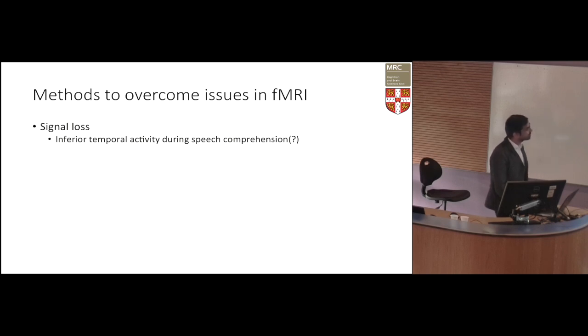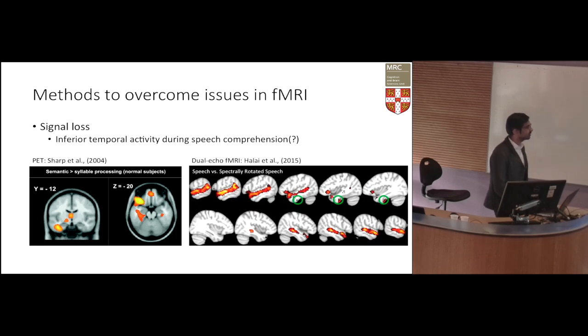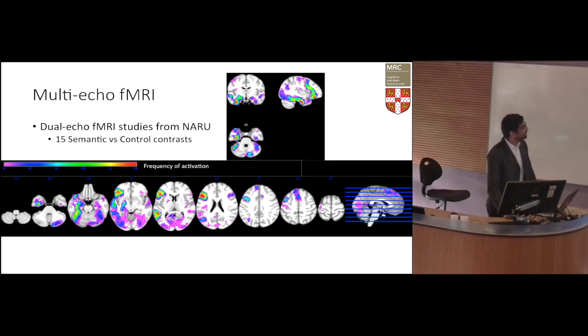And so there's been a bit of debate in the literature about whether there's activity during speech comprehension in this inferior temporal region. If you look at PET imaging studies, they do consistently find activity in this inferior temporal area, and it hasn't really been reported in fMRI studies. So we conducted an fMRI study where we compared speech versus spectrally rotated speech. So this is just complex acoustic noise that's not intelligible. And we found this area consistently active in this inferior temporal lobe if you use a sequence sensitive enough to detect activity there. And so over the past few years in Manchester, we've been using this dual echo fMRI approach